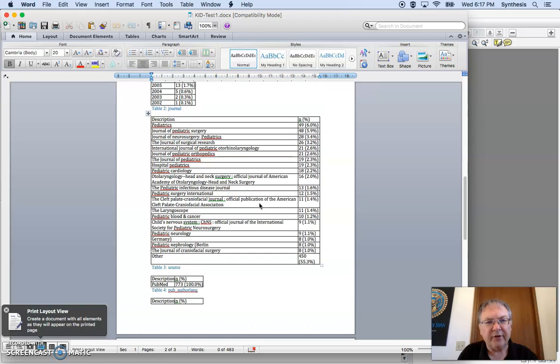And as you can see, what we did here was we didn't want it to list all of the possible journals, but we only wanted to list the top 20. So what it does is it then provides an other category. So essentially half of the literature is coming from these 20 journals, and the other half is coming from 450 other ones. So that provides an overview